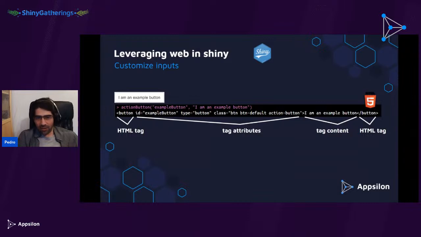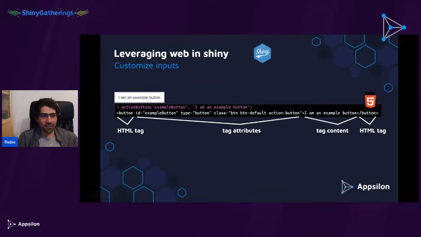So HTML itself is a bit more complicated, but any piece of HTML kind of follows three basic rules. The first one is that it's typically a tag. In this case, it's a button tag, which is one of the base tags that HTML provides you.